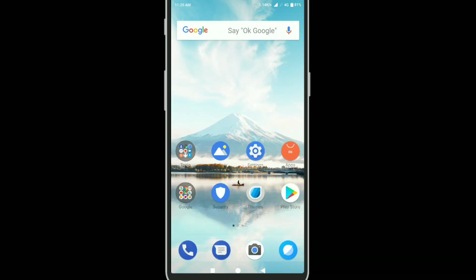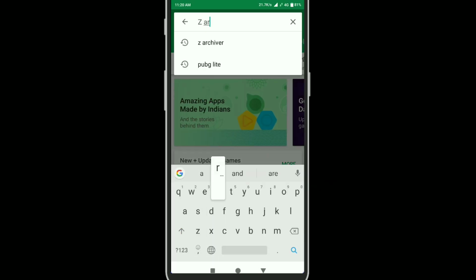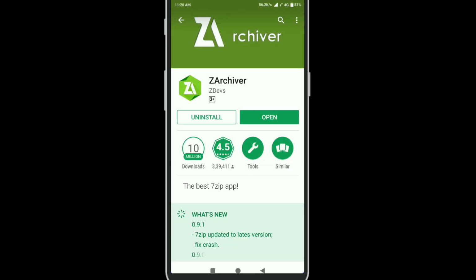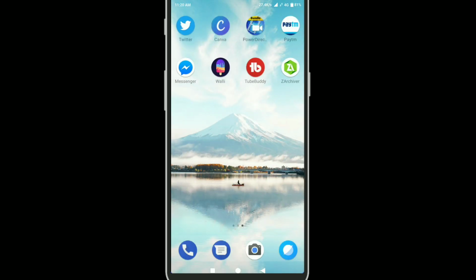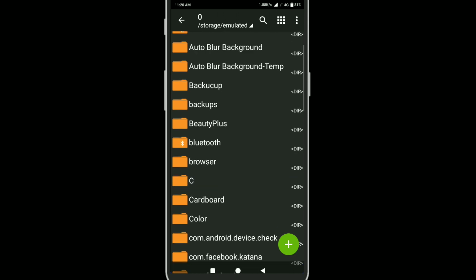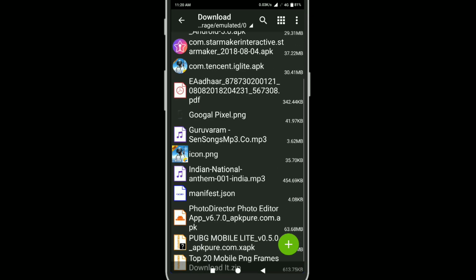And after that go to Play Store, and after going to the Play Store type ZArchiver, download ZArchiver app, and after that open your ZArchiver, and after opening the ZArchiver scroll down, and here you can see download, so tap on download, and down